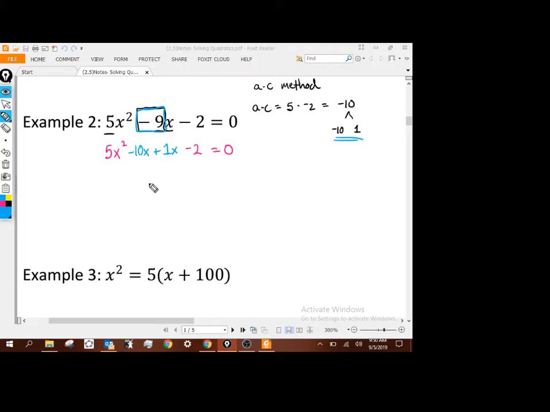Okay. Now, there's an infinite number of ways to rewrite -9 as a sum of two values. But there is one and only one way to do it so that we can introduce factor by grouping. And that's kind of what we're doing here. We're trying to develop 4 terms so we can factor by grouping. Now, it does not matter how you put these two things in here. Put them as -10 and then +1, or if you want to go 1 and then -10. It doesn't matter. But the next thing you're going to do is you're going to grab